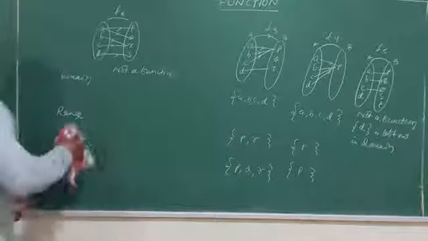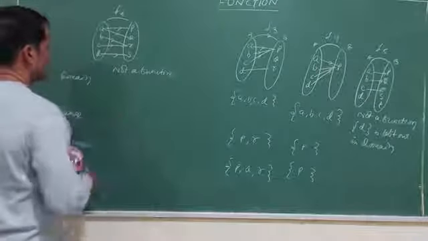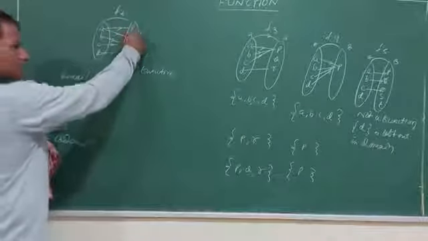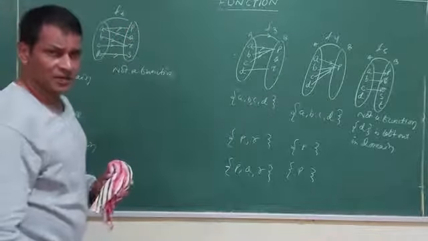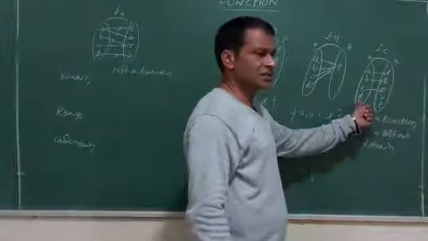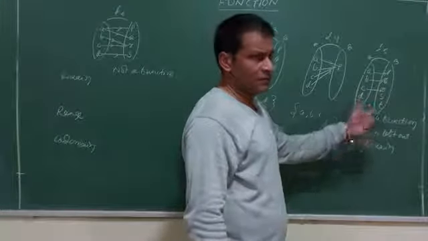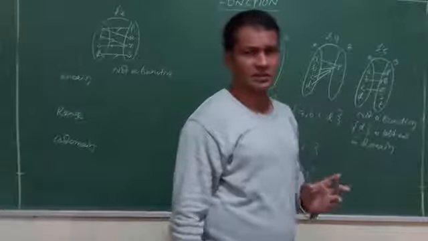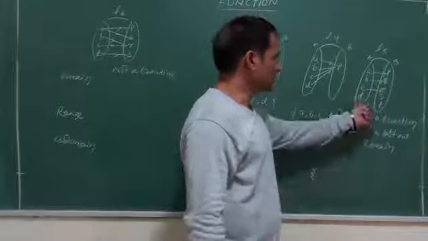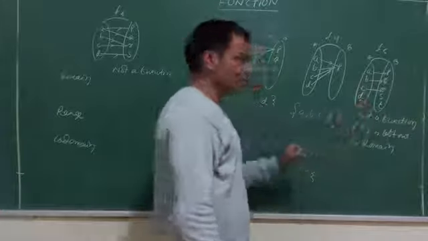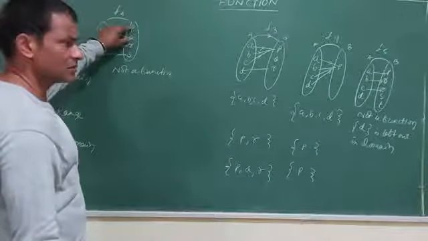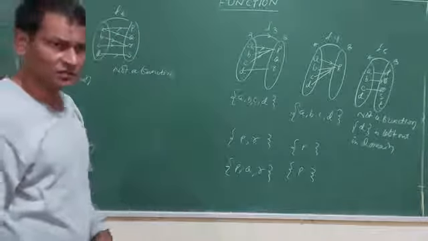Suppose we take an example. Suppose this is a child. This child cannot leave out the father's name in the school address or any other address when giving biodata. Not possible. Similarly, if someone asks a child what his parents' name is, he will tell you. Even if he is an orphan or adopted, some names will be there. So I cannot leave anything out like this. Here also, one child cannot have more than one father's name. That's why it is not a function, and that is also not a function.